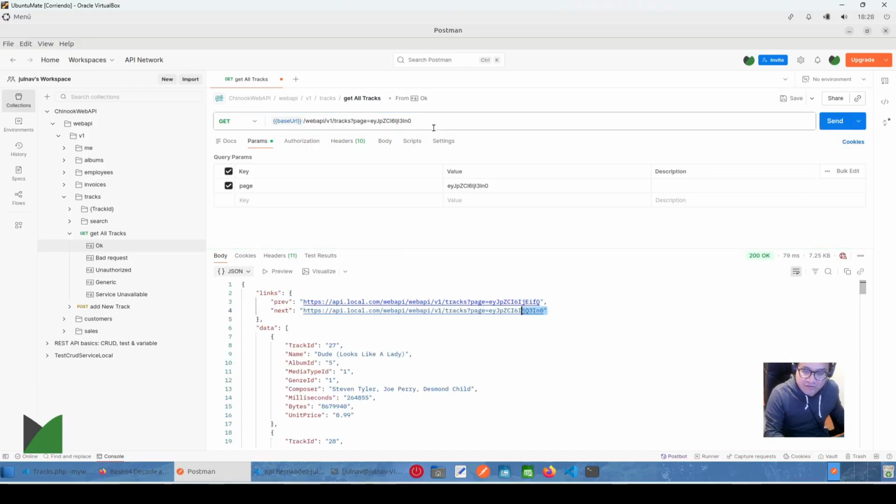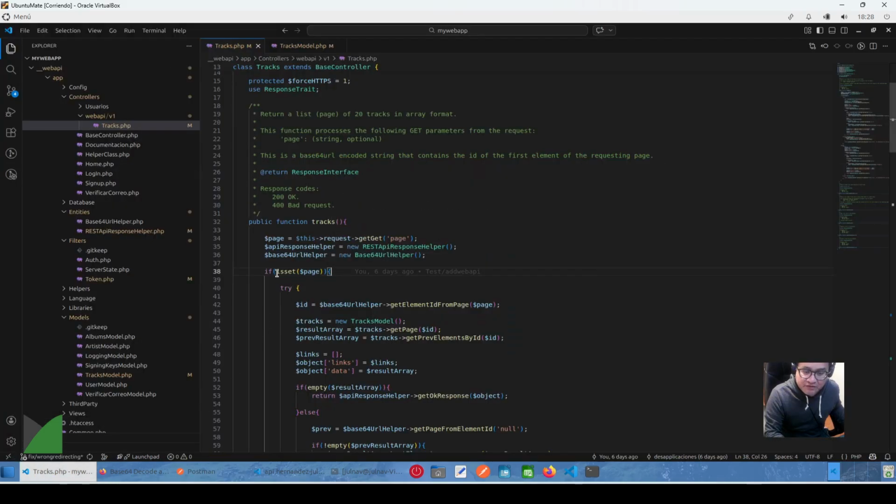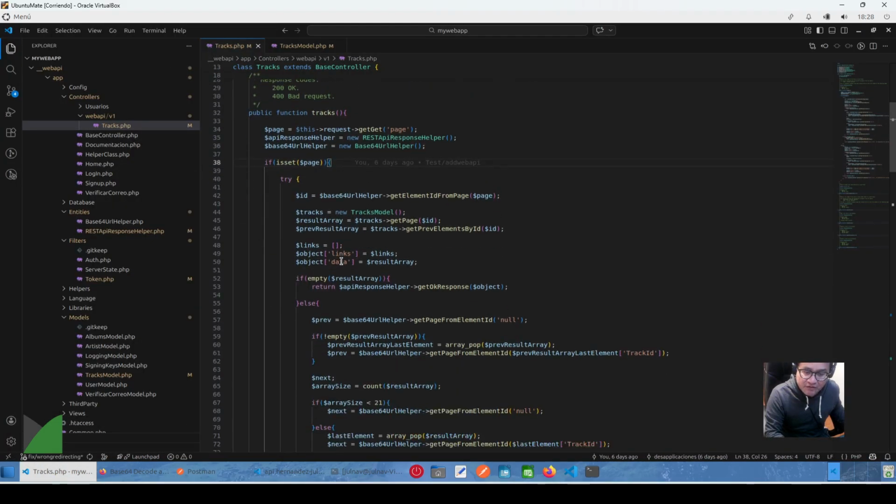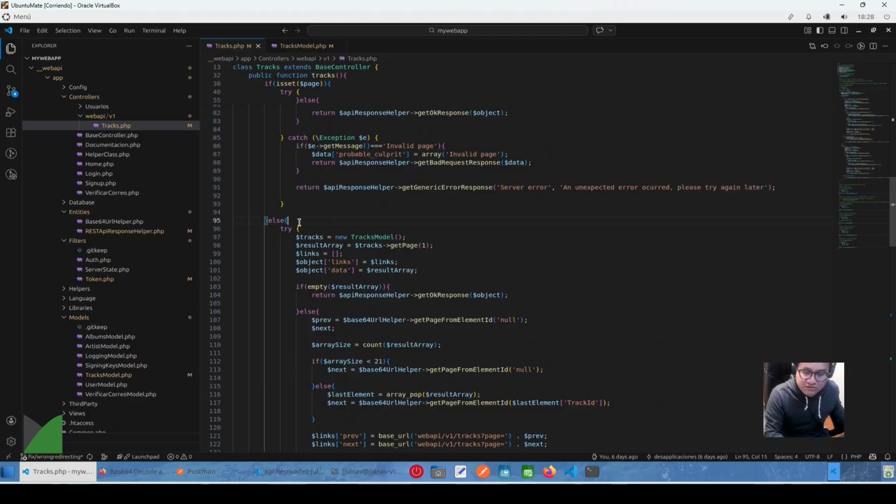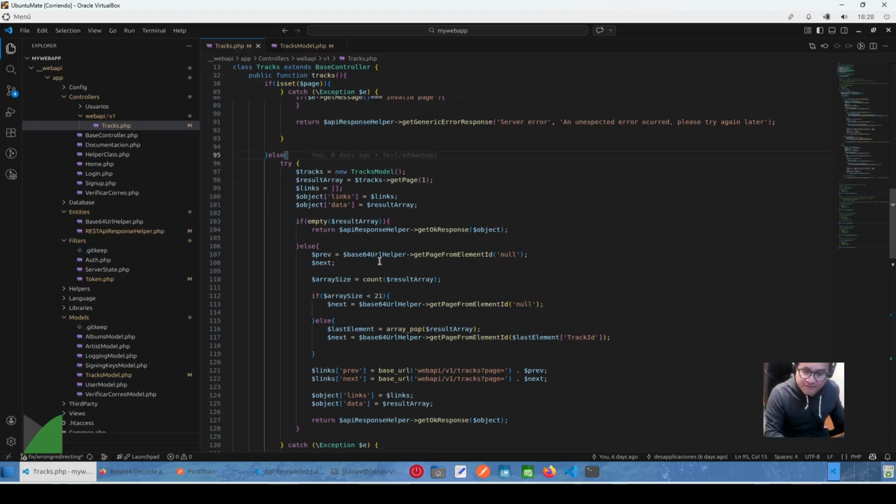So this is here where the user is sending a page. If the page is set, and if the page is not set, it goes here. So in this case, I need to return the first page. So here I query the first page to the database, and what it does is